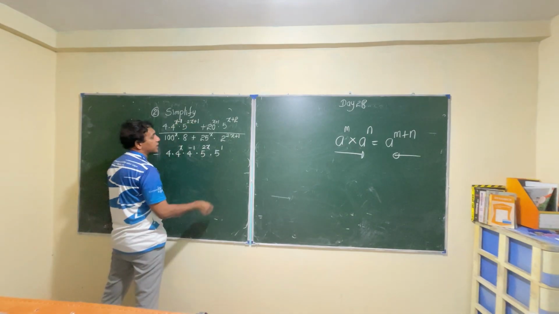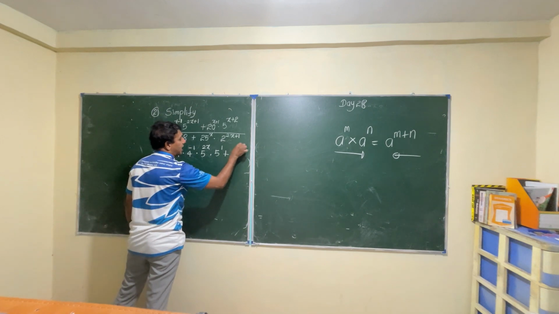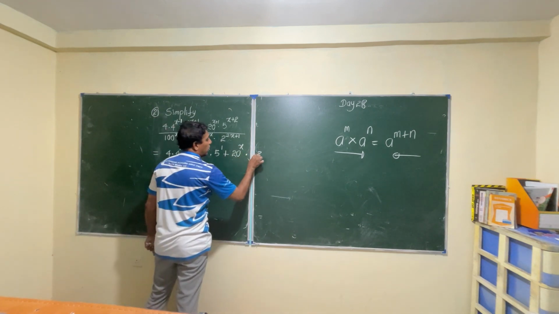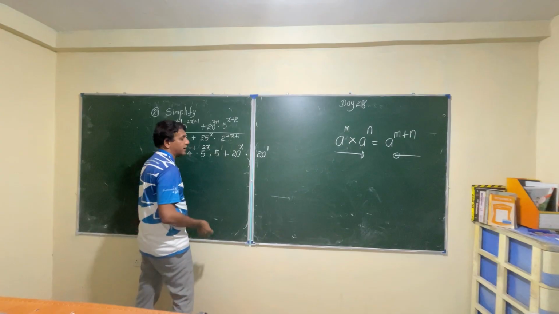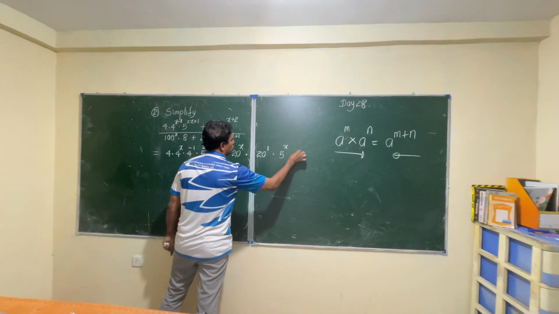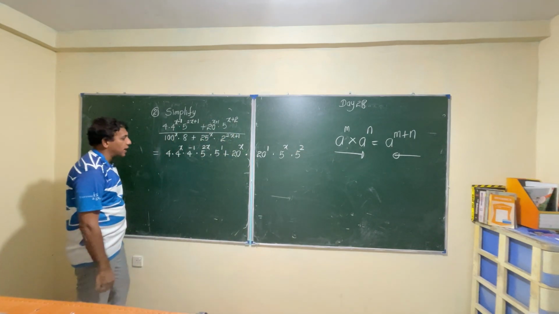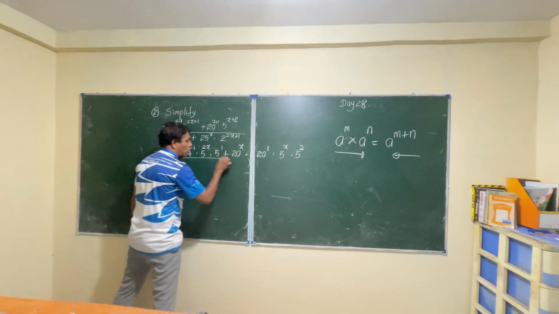The same method here, plus comes here. What about this one? 20 to the power x into 20 to the power 1, right? Into 5 to the power x into 5 squared. Is it clear? Look carefully. Okay, now over